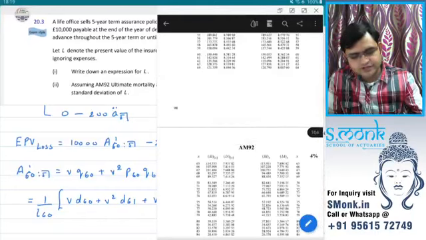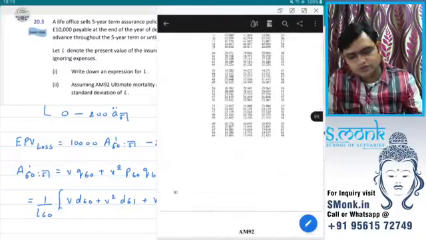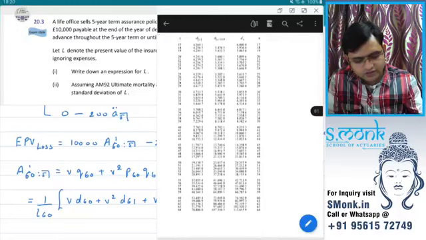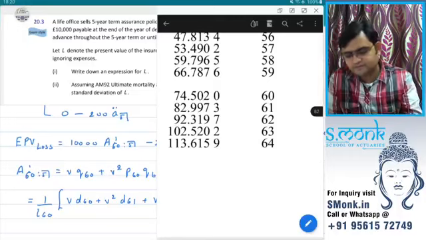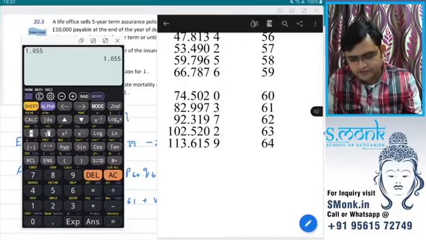Rate of interest is given as 5.5%. So AM92 table, let's go to the D values, small d values. These are the values we are talking about. From 60 to 64, we want the ultimate values. So these are the values. Rate of interest. We'll divide by l later on. First, 1.055 because 5.5%. Okay, 1.055 raised to minus 1 into